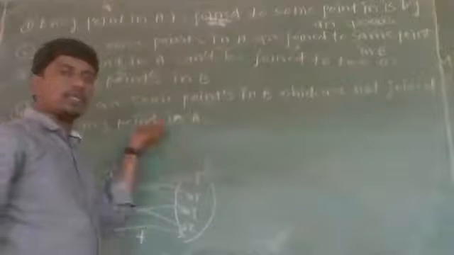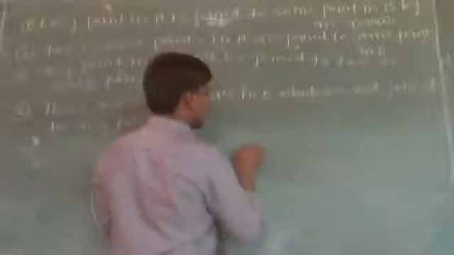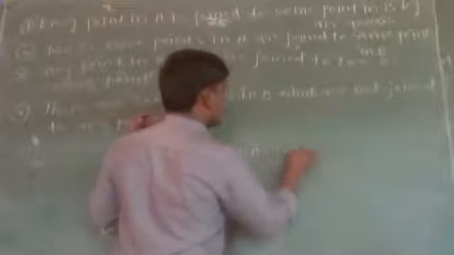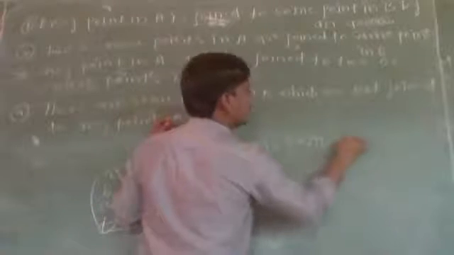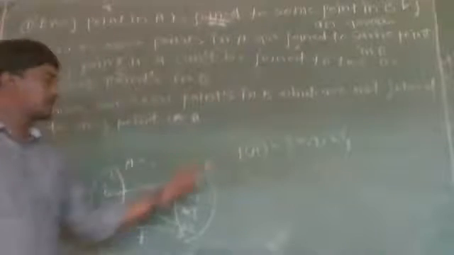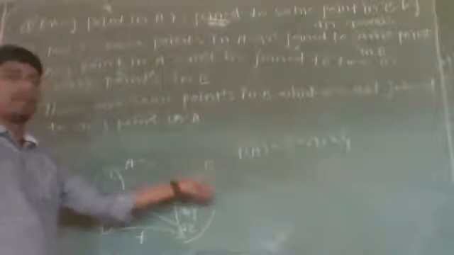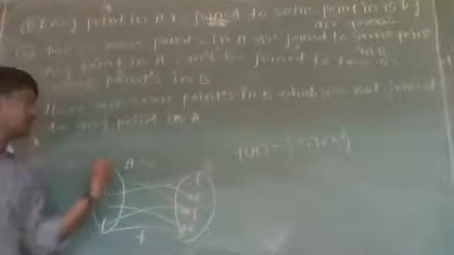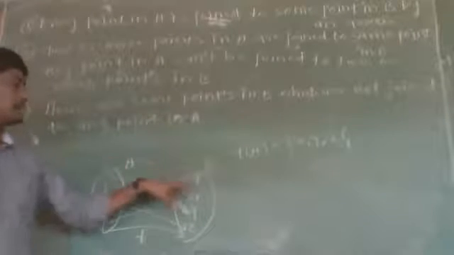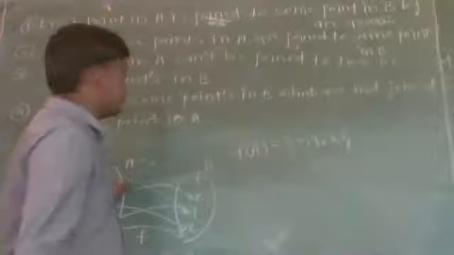So, this T does not belong to the range of function F. That is, F of A contains only three elements, which are X, Y, Z. The range of a function is those elements in set B which have a pre-image in set A, that is, those elements in B which are joined to some element in set A. As here P is not joined to any element in A, it does not belong to the range of function F.